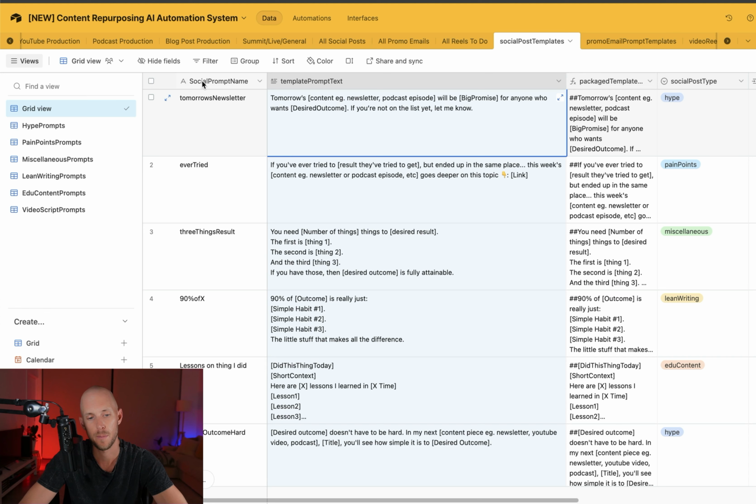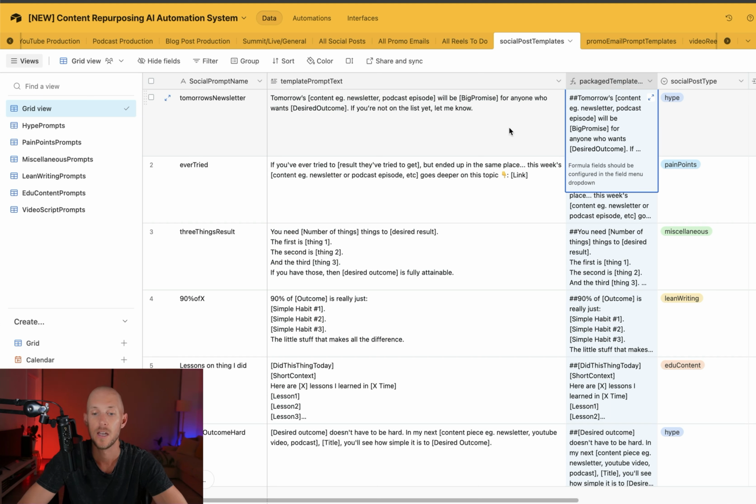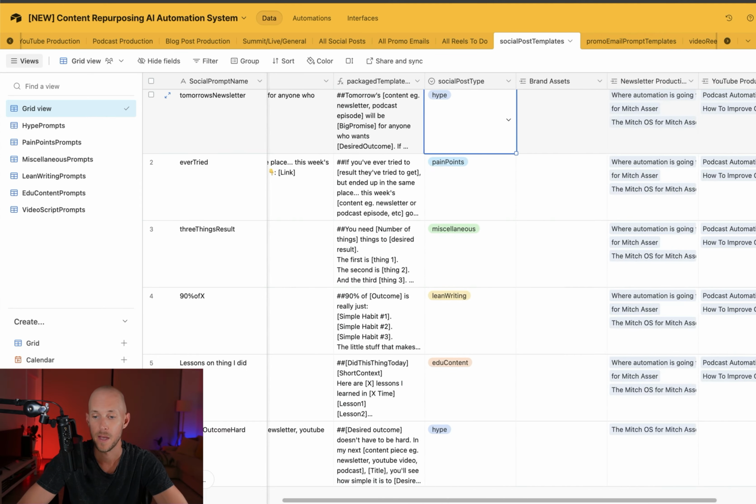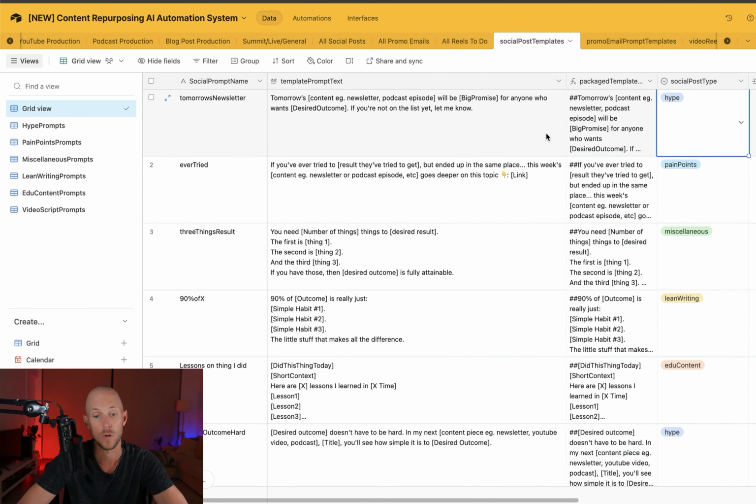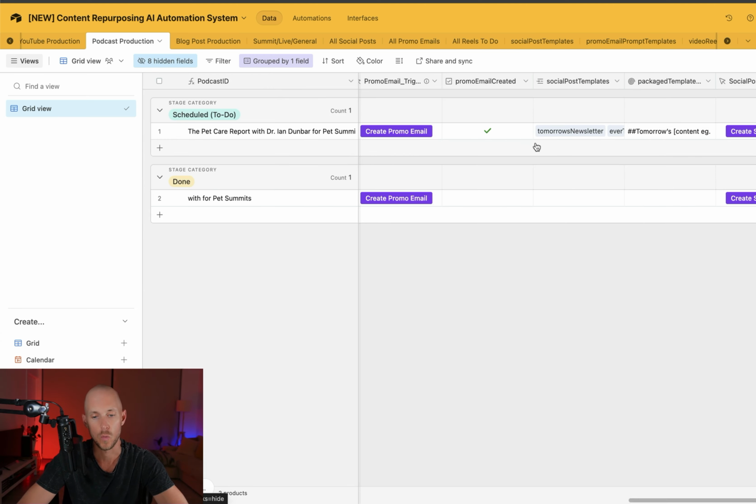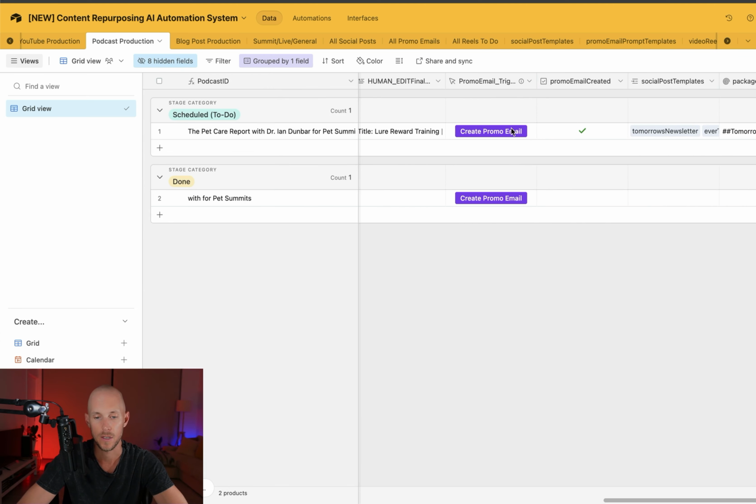So we've got our template or our social prompt name, our template prompt text, which is different types of templates that we've found, created, and so forth. We've got our package template, which then provides the extra details we need in order for it to work in our automation, and then where the records are linked to. So what this actually does, if we go into one of these, is let's have a look at the